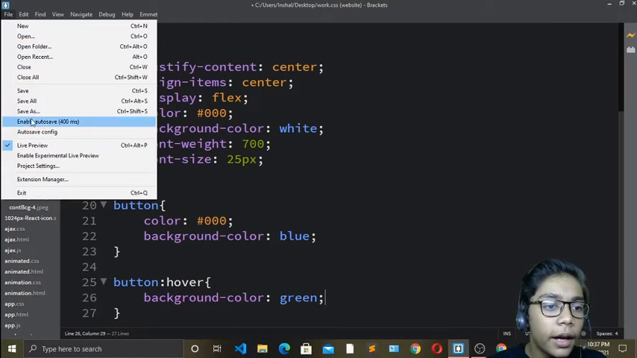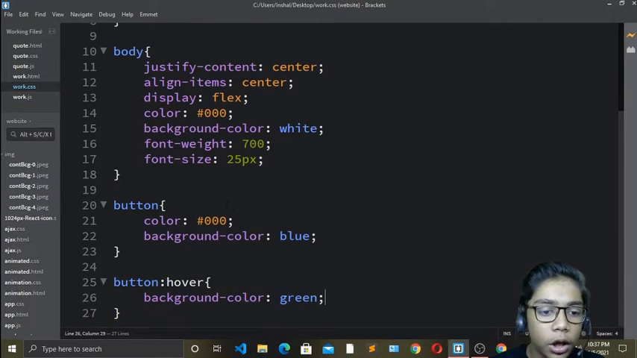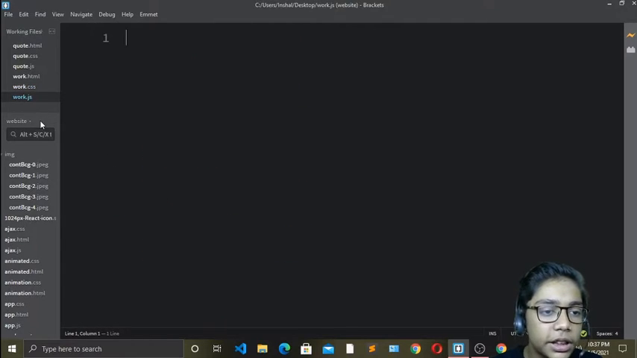Now hit save, and now we have also done with our styling. Okay, so now we have to go to our JavaScript sheet, and here we have to write our JavaScript codes. Okay, so I will just